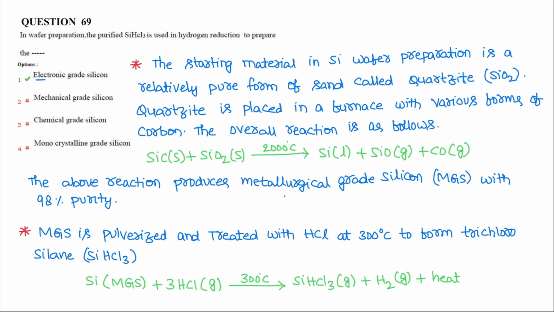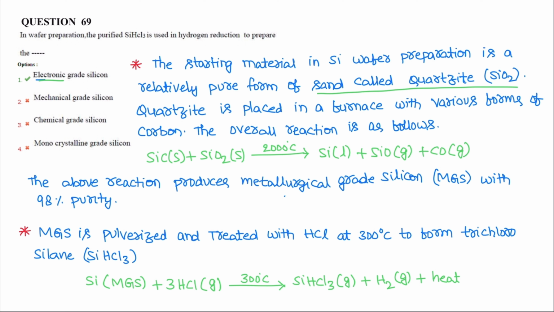Question number 69. In wafer preparation, the purified SiHCl3 is used in hydrogen reduction to prepare the dash. So the answer is electronic grade silicon. So let us see the step by step procedure. Initially, the starting material in silicon wafer preparation is a relatively pure form of sand, which is also called quartzite, SiO2. This quartzite is placed in a furnace with various forms of carbon. The overall reaction will be like this: silicon carbide, which is a solid, and silicon dioxide, SiO2, which is a solid, that is quartzite,